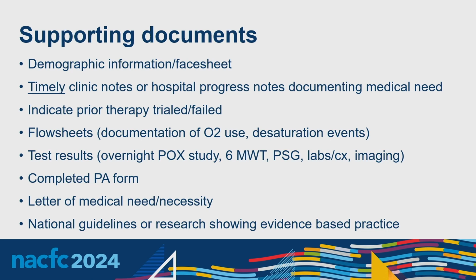We also want to indicate if other therapy has been tried or failed. And you can use flow sheets and test results to also help with certain qualifications, such as need for oxygen, such as desaturation events in a hospital, or abnormal studies that may show desaturation, such as a sleep study, a 6-minute walk test, or an overnight pulse ox study. You could also use blood gases. You could use cultures if you need to approve nebulizers for inhaled antibiotics, or CT results showing bronchiectasis to support